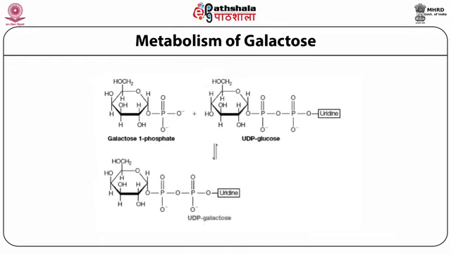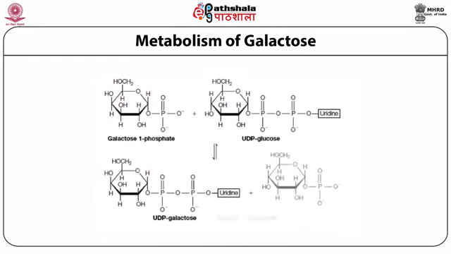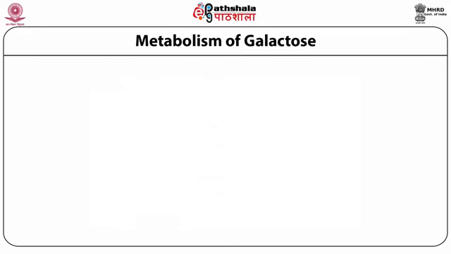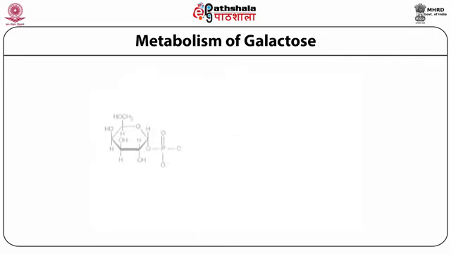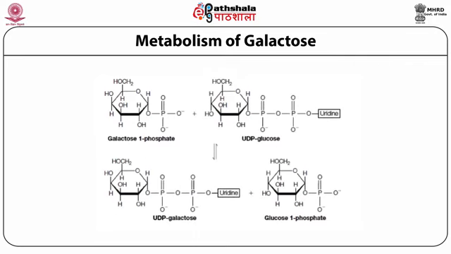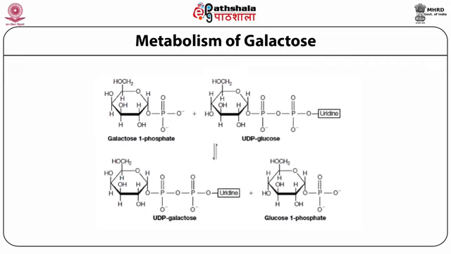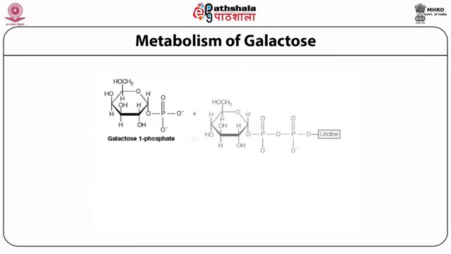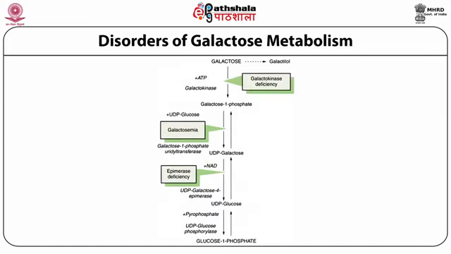Galactose can exist in two different stereoisomeric forms, that is alpha-D-galactose and beta-D-galactose. The alpha form is that which is metabolized in the Leloir pathway. Conversion of the beta form of galactose to the alpha form requires the enzyme galactose mutarotase encoded by the GALM gene, also known as aldose 1 epimerase. The most common disorder of galactose metabolism, as shown in the figure, is galactosemia.